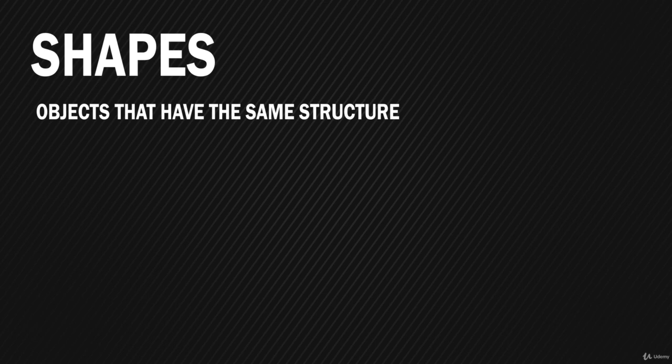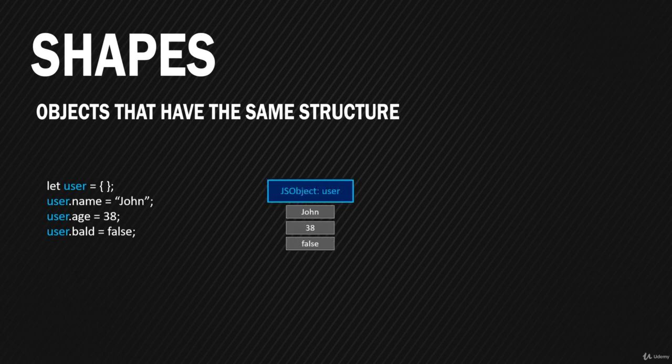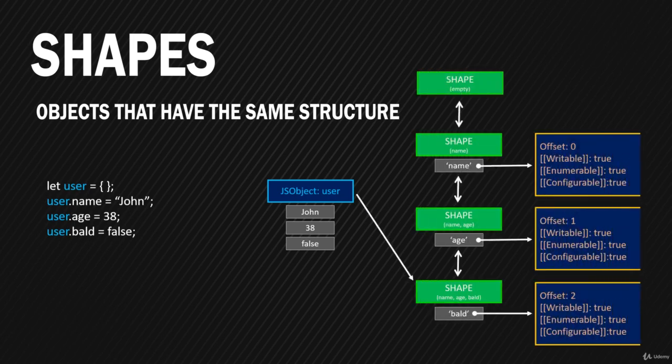Very interesting. Let's create a user object with 3 properties now: name, age, and bald. Let's just say if he's bald or not. As we learned before, this creates an object with how many shapes? With 4 shapes in memory. That's right. And now to access the property name on that object, the JavaScript engine needs to follow the linked list. It's going to have to start with the shape at the very bottom, and then it's going to have to work its way up to the shape that introduced name, which is way at the top. And as I'm sure you've already guessed, this is going to be